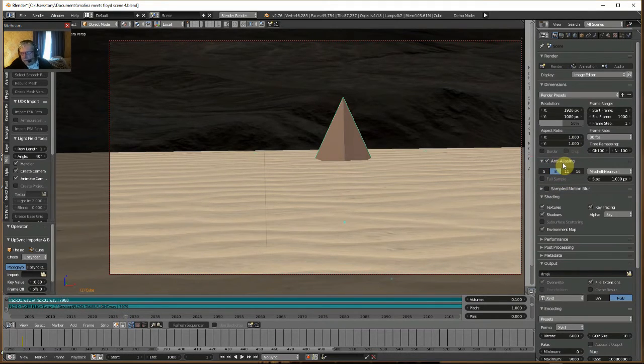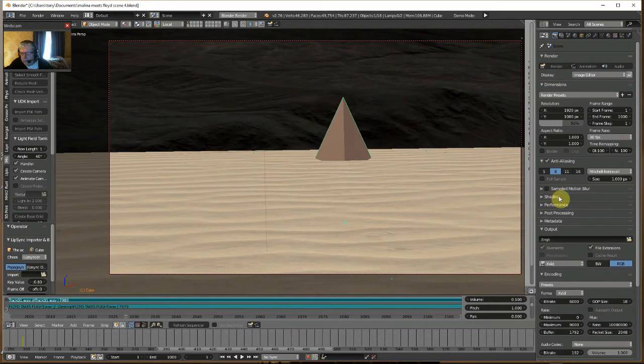Anti-aliasing, I believe it is, or aliasing. This gives you slightly better quality. But stay at 8, the default. There's no point in changing that. This is your rendering: cubic, quadratic, tent, box. We'll stay with this one here. Sample blur, we don't need that. Shading, let's take that off. We don't need to shade. What we do need